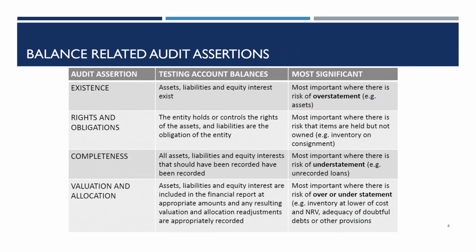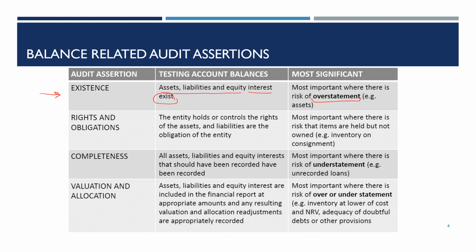The second category of assertion is account balances, such as assets and liabilities in the balance sheet. This figure shows the list of assertions used when testing balance sheet items. The first one is existence. When testing for existence, an auditor searches for evidence to verify the assets, liabilities, and equity items included in the balance that appear in the financial report actually exist. This assertion is important when the auditor believes that there is a risk of overstatement, for example, in inventory.